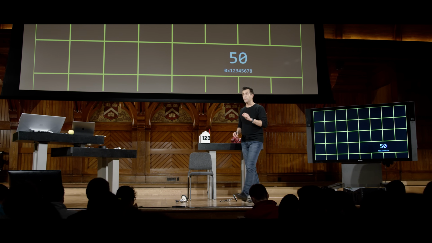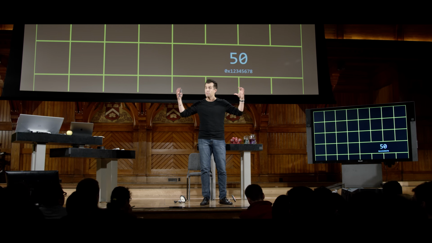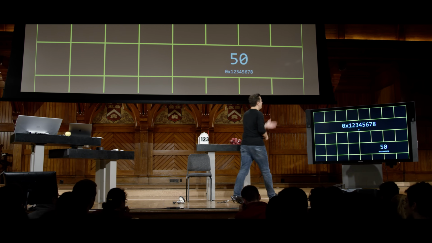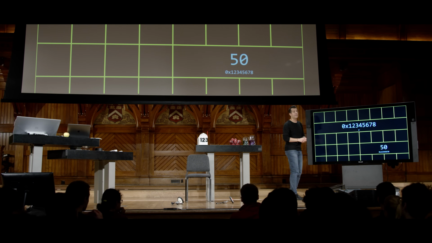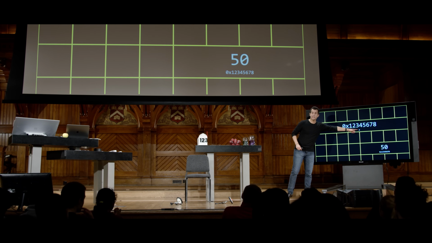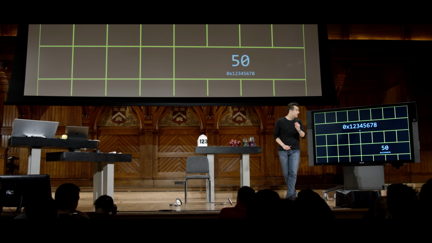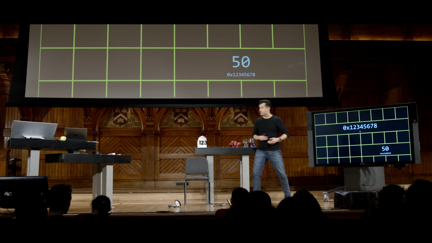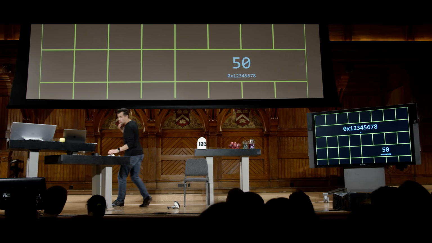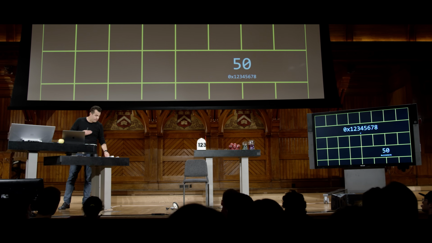Well, p is a variable, which means it's a bunch of bits that can store information. And let's just propose that they're up here in the middle. This variable is called p. What value is p storing? It's literally storing 0x12345678, which is, again, the address of the value n. So that's all that's going on here.